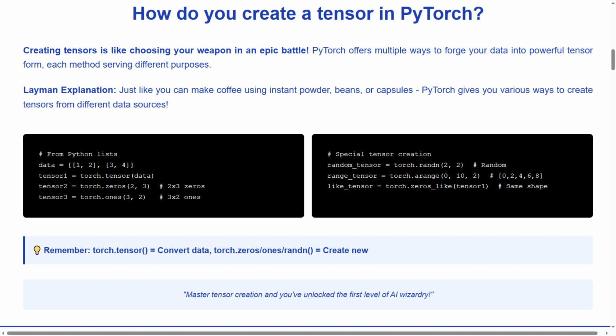Our third question, how do you create a tensor in PyTorch? Creating tensors is like choosing your weapon in an epic battle. PyTorch offers multiple ways to forge your data into powerful tensor form, each method serving different purposes. Just like you can make coffee using instant powder, beans, or capsules, PyTorch gives you various ways to create tensors